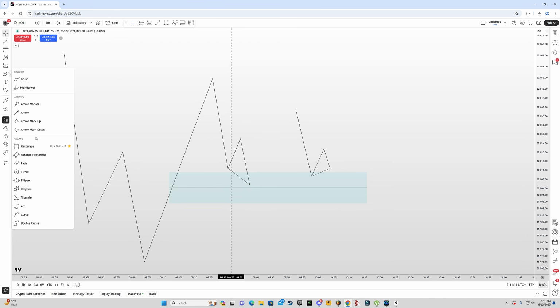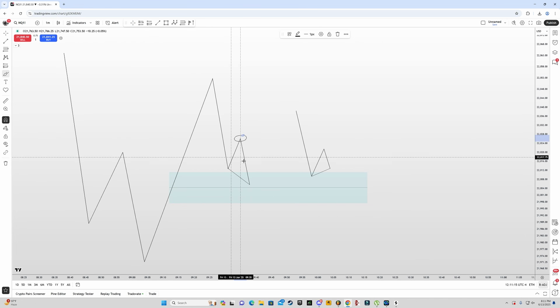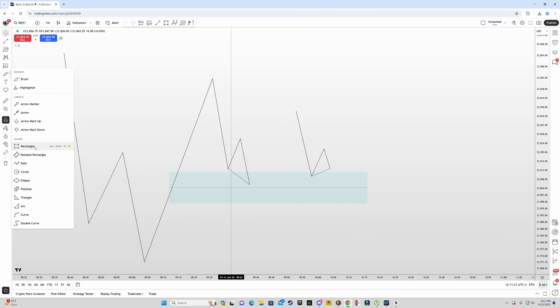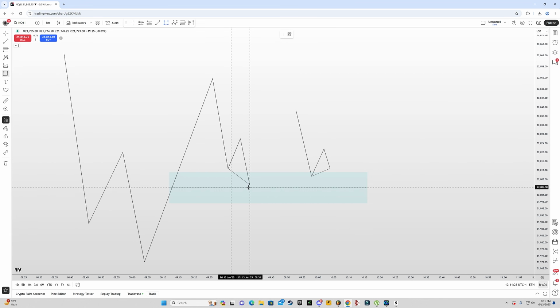Now what is step 3? Step 3 is that you have to mark out the dealing range high and dealing range low. So this is the dealing range that we currently have and we are dealing with, right? Now inside this dealing range, what you have to do is identify a fair value gap. So let's say there is a fair value gap over here on the 1 minute time frame.